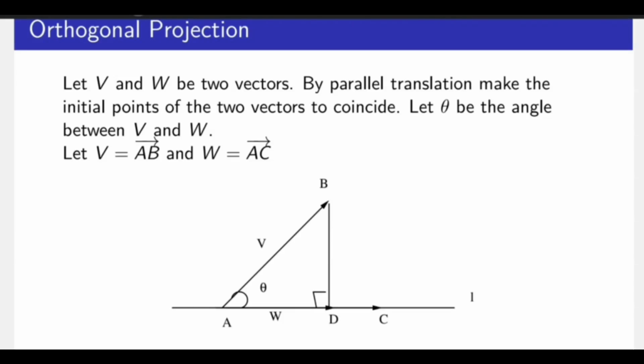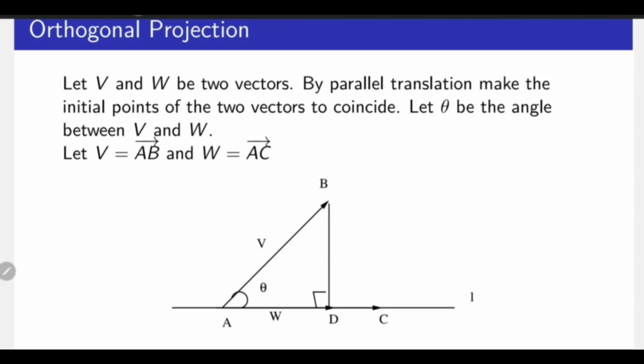Hello and welcome. In this video we are going to see what orthogonal projection means, and we'll derive the formula for it. Orthogonal projection of vector v along vector w is the closest approximation of vector v in the direction of w. So to derive the formula for the projection of vector v along vector w, let's assume that we have